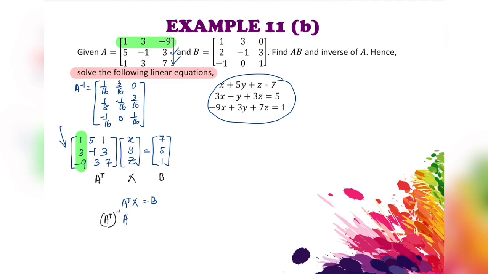So the inverse of A transpose multiplied by A transpose multiplied by X equals the inverse of A transpose multiplied by matrix B. So the inverse of A transpose multiplied by A transpose will be matrix I. So IX equals the inverse of the transpose of A multiplied by B. That means X is A transpose inverse multiplied by B. Okay, so using these properties,